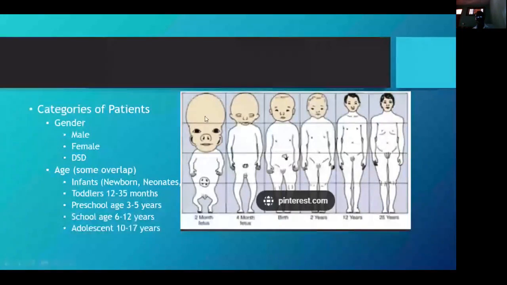The further they are from fetal life, these two here are fetuses, but here you have a newborn. But the older they are in terms of age, certain changes occur in terms of the head, the size of the head relative to the body. They have a very large head relative to the remaining part of their body, and the abdomen as well. The abdomen tends to be rectangular,